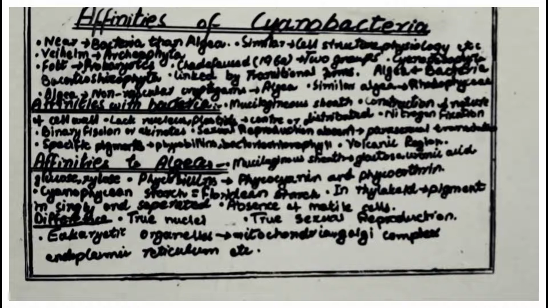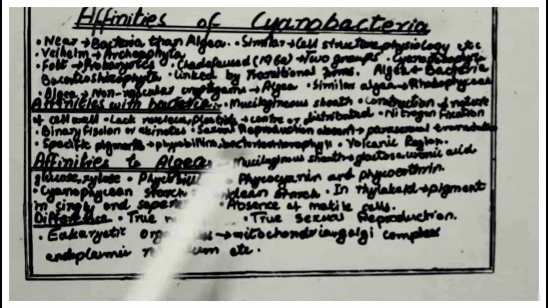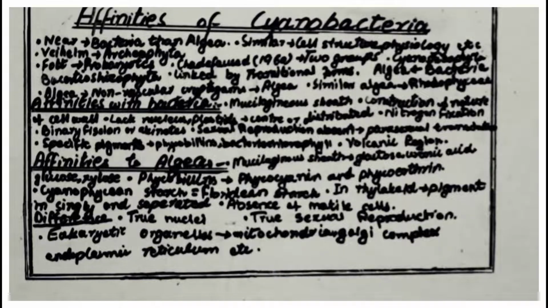So let's have a look one by one at the affinities of the blue green algae to the bacteria as well as algae. Okay, affinities to the bacteria. For the affinities to the bacteria, it has a mucilaginous sheath. Both groups have a mucilaginous sheath around their cells, so that's why it is similar to the bacteria. And the nature of the cell wall, how the cell wall is formed and what the components of the cell wall are, is one more characteristic which makes both groups similar